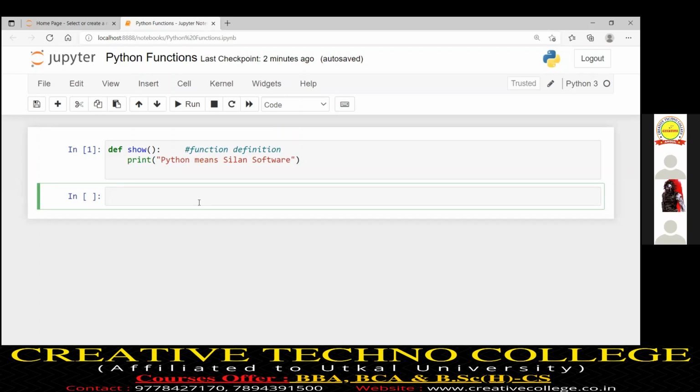That does not mean the function definition will execute. The function definition will execute when we call that function.